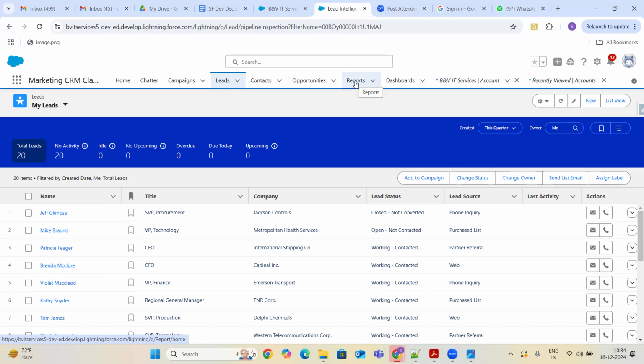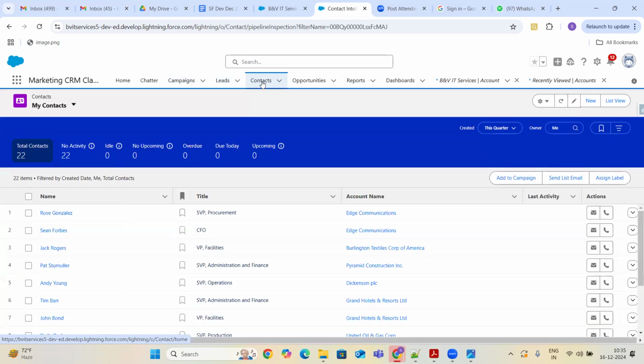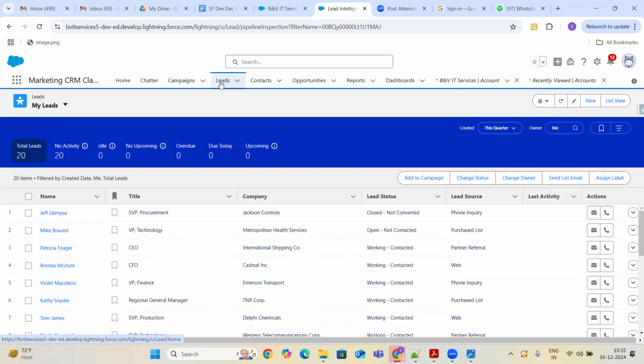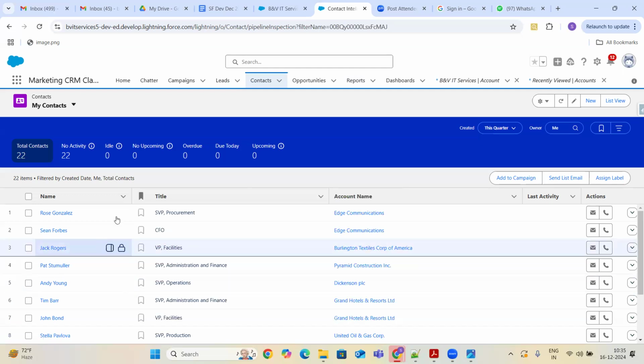So you can prepare some reports saying how many leads are converted this month, how many leads are created and how many leads are converted. Like that, you can prepare some reports. But basically, converted leads will not be available under the leads tab, because as soon as you convert the lead, it will create a contact record. That means a lead becomes a contact now. That's the reason you can't see the same information under the leads. You can see that information under the contact.